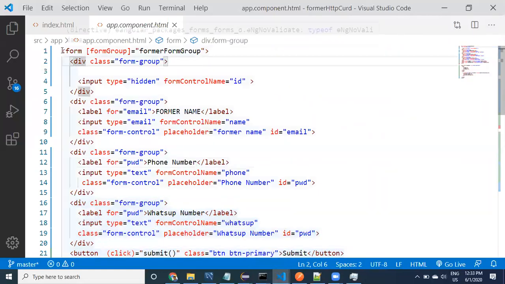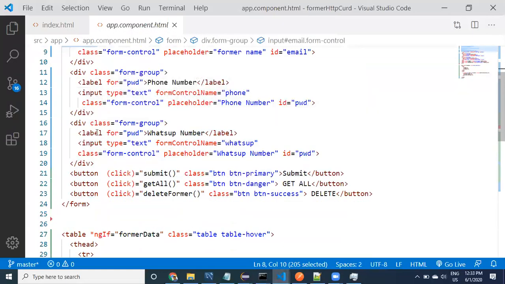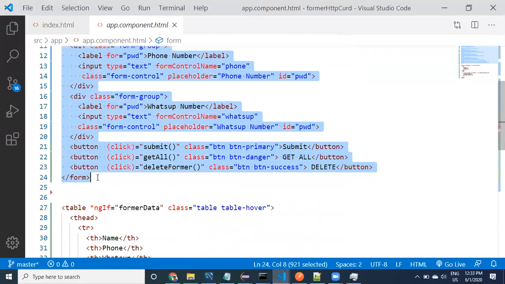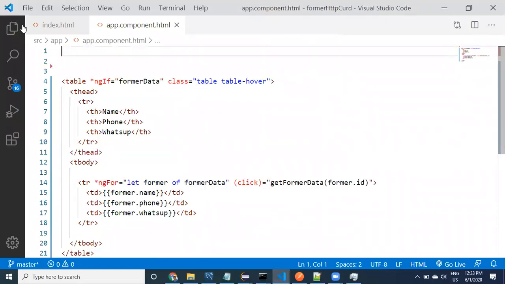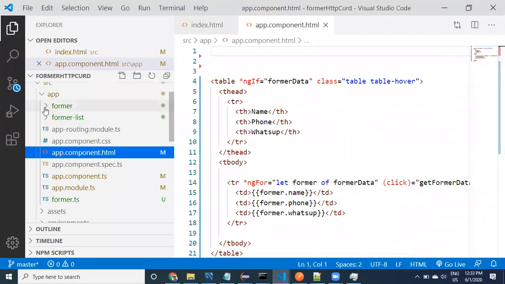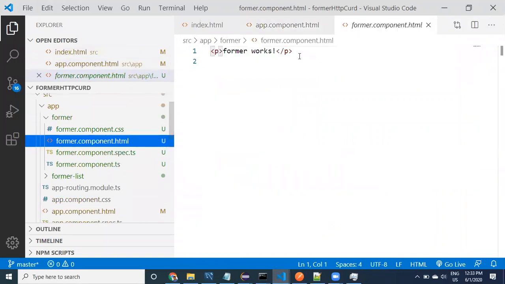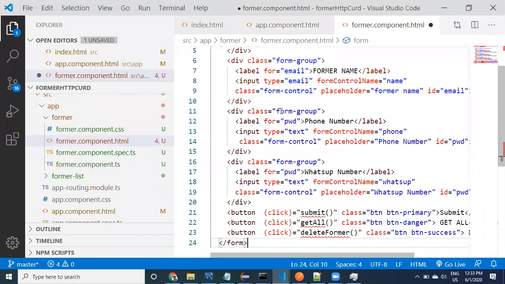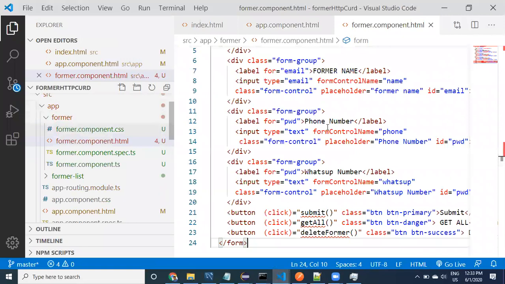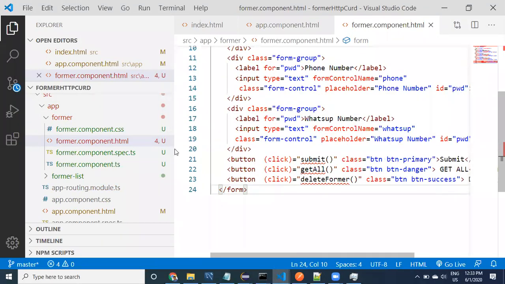First I want to move this form. I want to move this form to the former component HTML. Remember this. Of course a few errors will be available, not a problem. I will fix that, because the submit button, get all button, and delete former methods should be available over there.